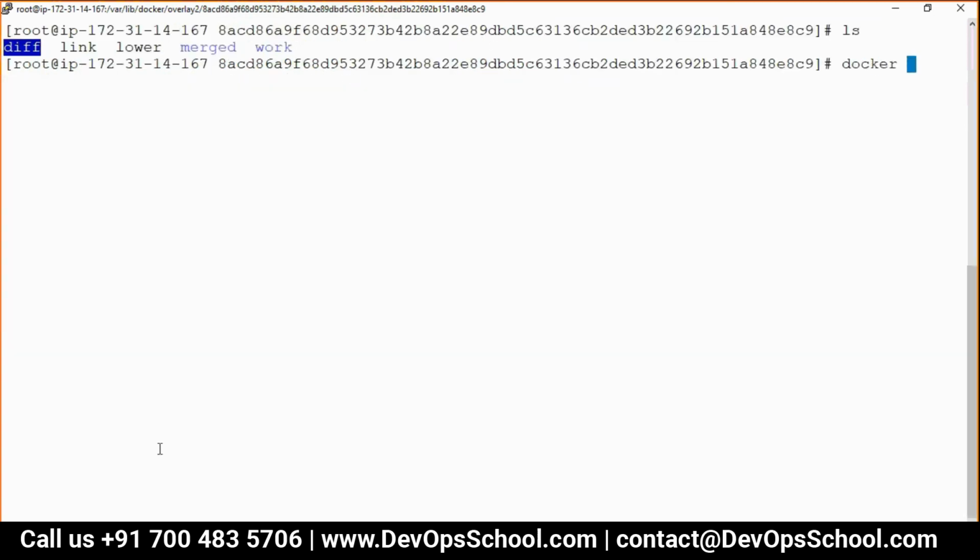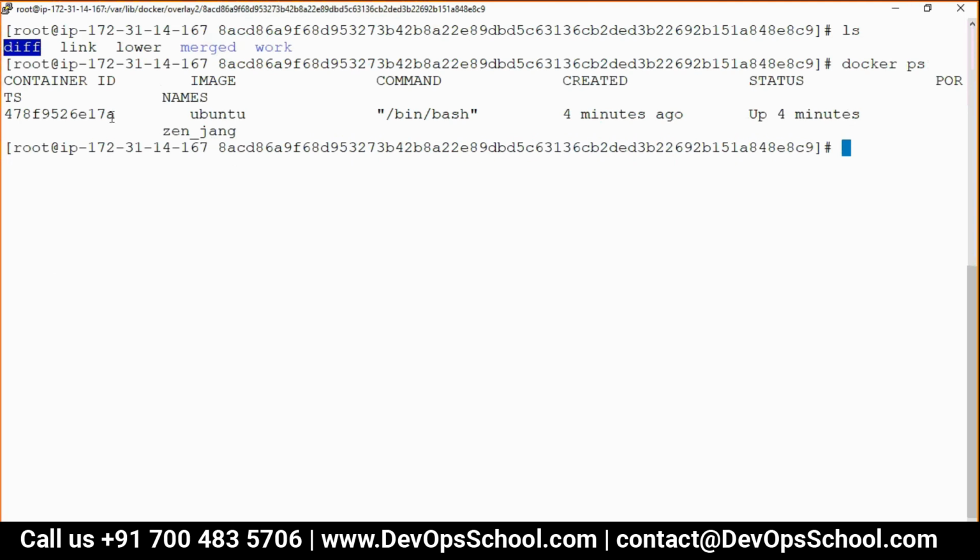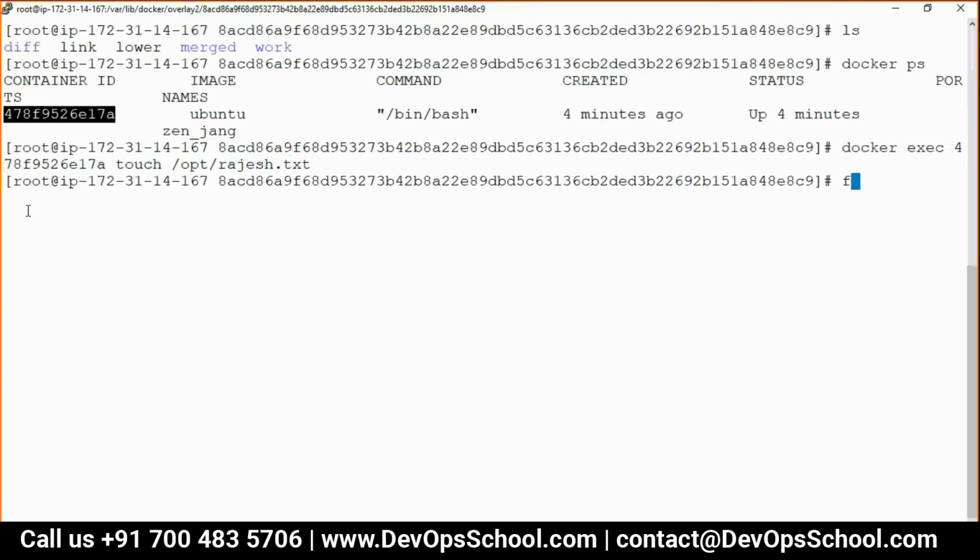For example, let's look at this. This is the container. docker exec container touch /opt/rajesh.txt. Done, guys. Can I search this? find / -name rajesh. Two entries, right?